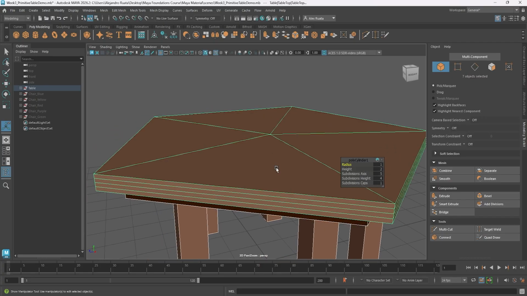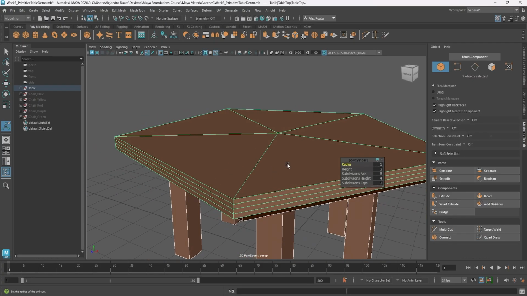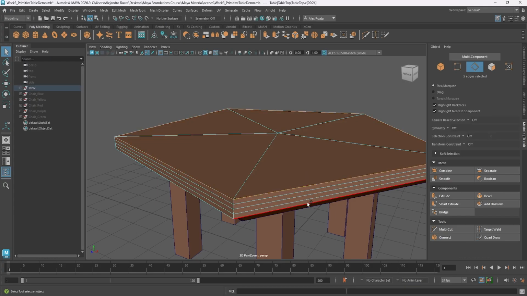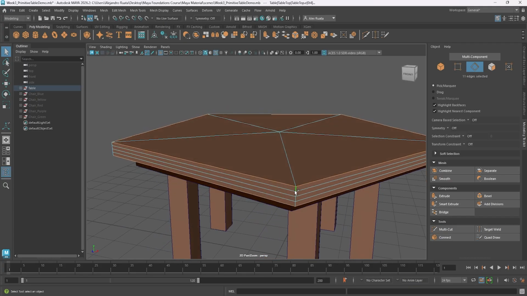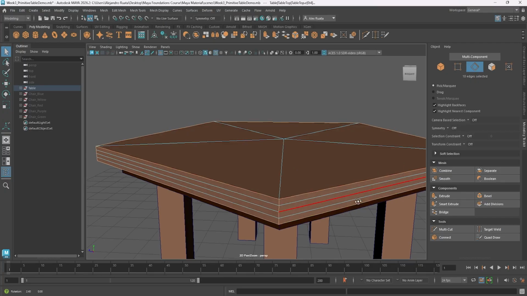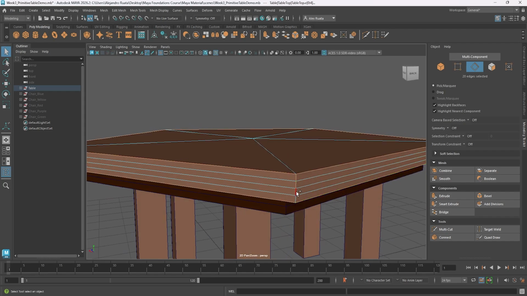In a situation like this table, what I would really do normally is just select each piece and then select the edges that I would want to bevel one at a time. So in this case with this table, I don't need these edges to do anything in regards to beveling, so it's pointless to have those selected. It's pointless to select these ones as well, because these ones aren't going to be doing anything. It's just the actual